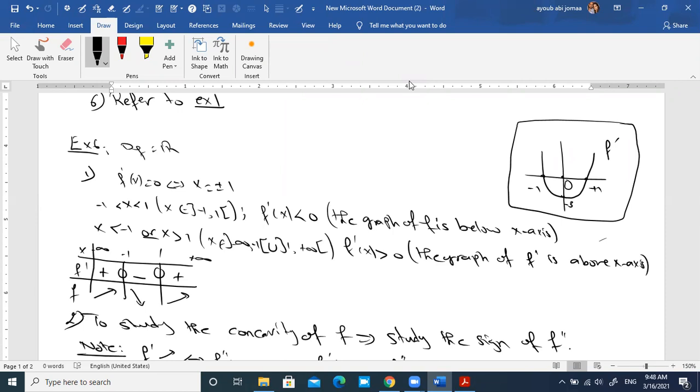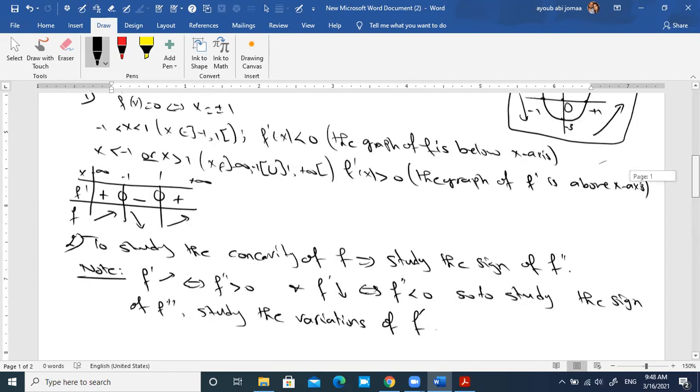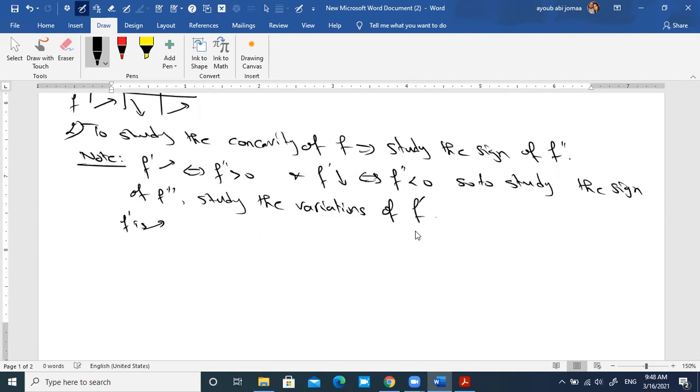Decreasing on which interval? Negative infinity, 0. Here, f prime is decreasing on negative infinity, 0. F prime is decreasing from negative infinity to 0, and then increasing on the interval 0 infinity. So here I can say f prime is increasing on the